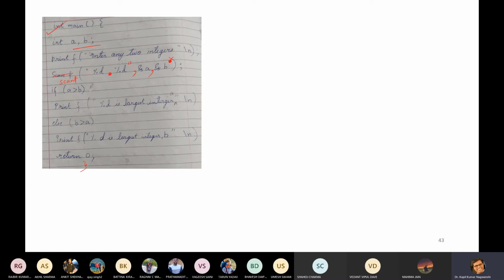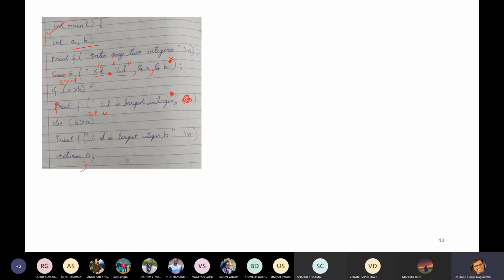Okay sir. Fine. This only says that we need to wait for the cursor, and it is waiting for 2 characters to be entered. If a is greater than b, then printf, each and everything must be in connection and this must be small. Okay, %d is largest integer, no problem. %d is largest integer. Then after this double quote, don't put slash n over here. Let me write this statement once again.